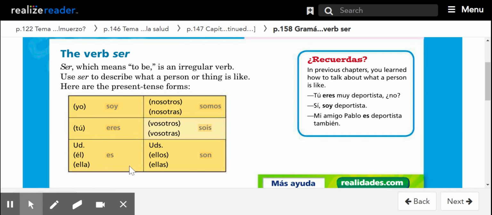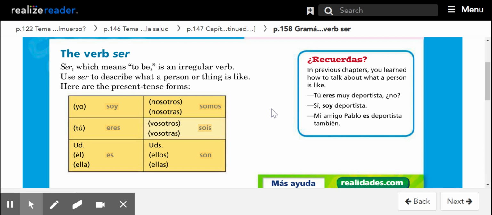You're going to have to memorize the pattern of this verb until you have used it enough that usage of it becomes intuitive. Also, if you will recall, in previous chapters, we learned how to talk about what a person is like. We were using this verb before it was introduced to us at this point, which is today in chapter 3b. In the first chapter, para empezar, we were learning how to describe what people were like.